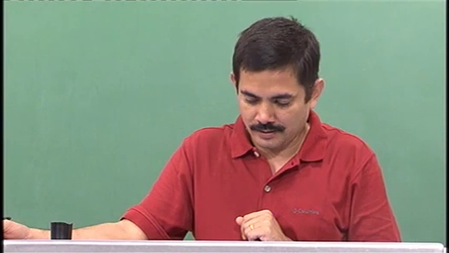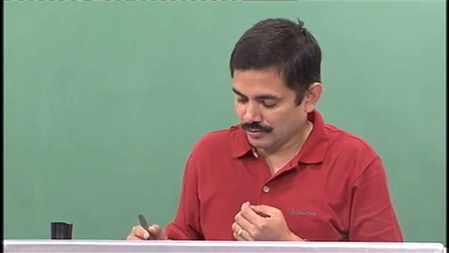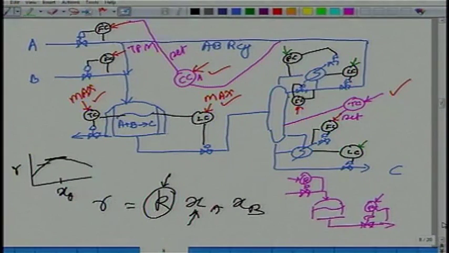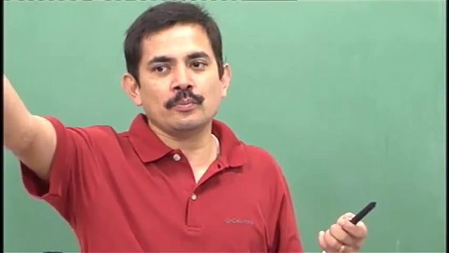Okay. That's that. Maybe we should do another example. Okay? Let's do another example. And by the way, the other point that I wanted to make was, so you had 6 degrees of freedom. What are reasonable ways of specifying those 6 degrees of freedom is dictated by the process. Hopefully that's clear to you. Also, what are reasonable values for those 6 degrees of freedom? The moment you bring in economic operation, even that gets taken care of.